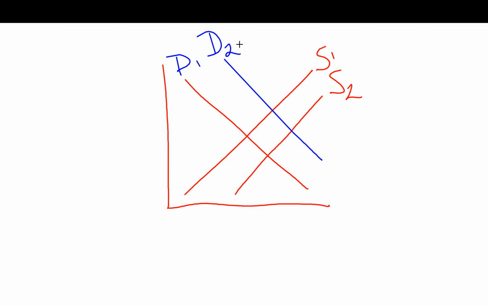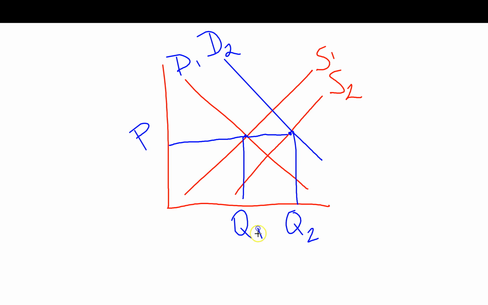Here's what I'm trying to explain: here's my original price and quantity intercept. Now I've got a new price and quantity. As you can see, price hasn't changed. However, quantity has definitely changed. The reason we would say that price in this case is indeterminate is because it depends on the degree of